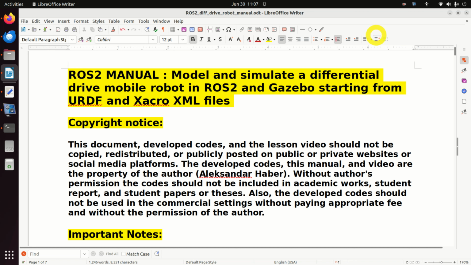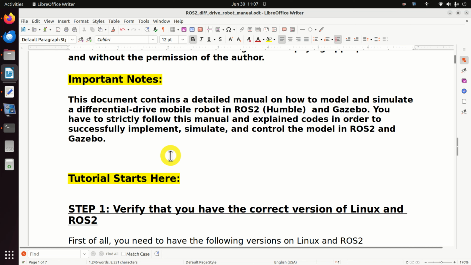Then, in this video tutorial, we provide a step-by-step tutorial on how to model, simulate, and control a differential drive robot in ROS2 and Gazebo. You have to strictly follow all the steps and we will explain all the codes. If you miss some of the steps, you will not be able to successfully simulate the robot. This video requires time and it is more than 1 hour long. Consequently, you have to reserve time to watch it and to simulate the robot. Try to understand every step that we are performing and do not simply type the code without understanding what we